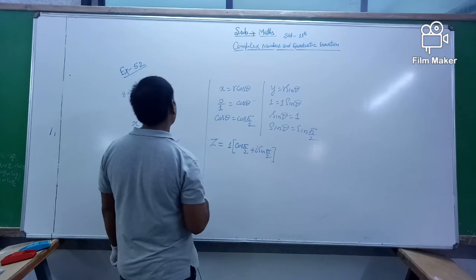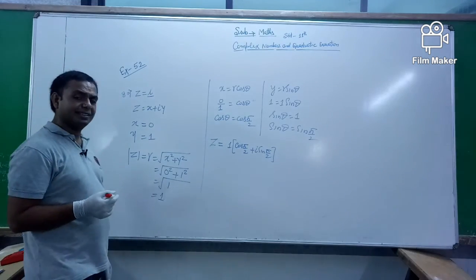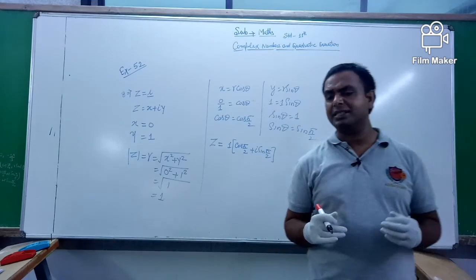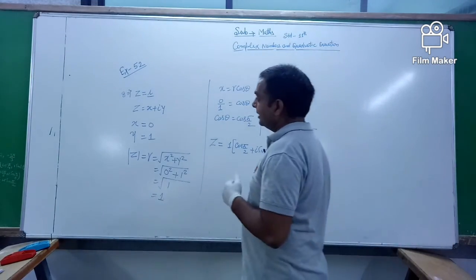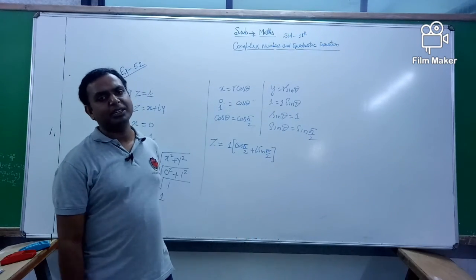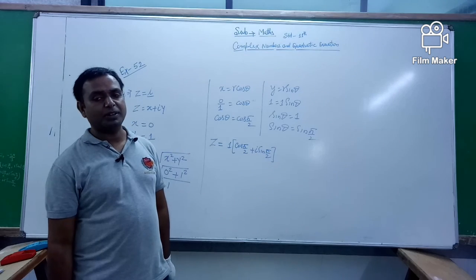Okay, so this is how you can represent a number in polar form. These are the various solved examples related to how you can find the modulus and argument, and how you can change any complex number into polar form. According to this method, you can change any equation related to polar form.